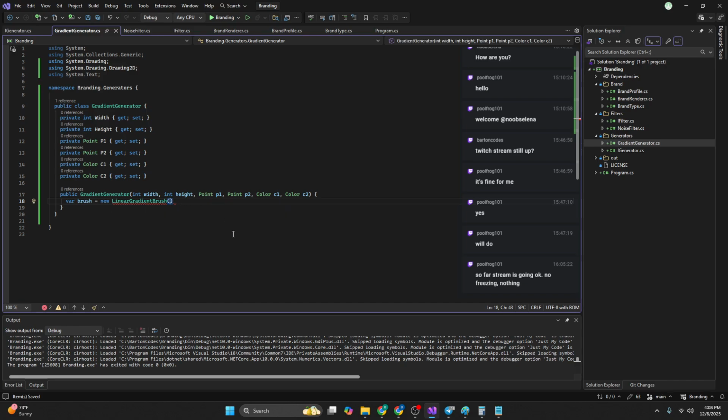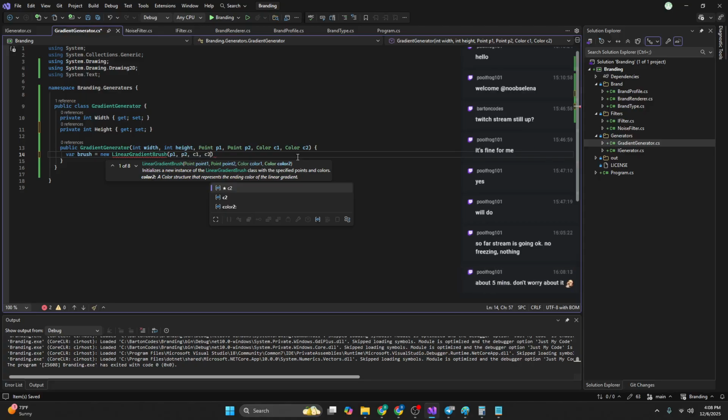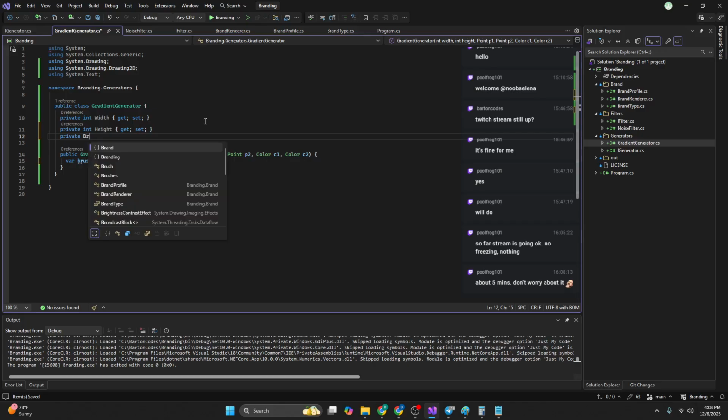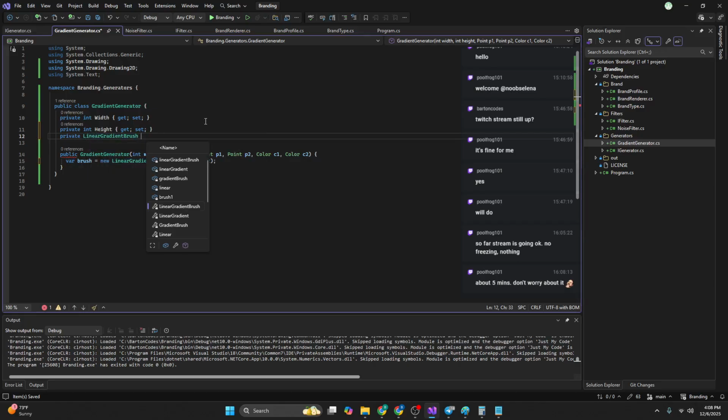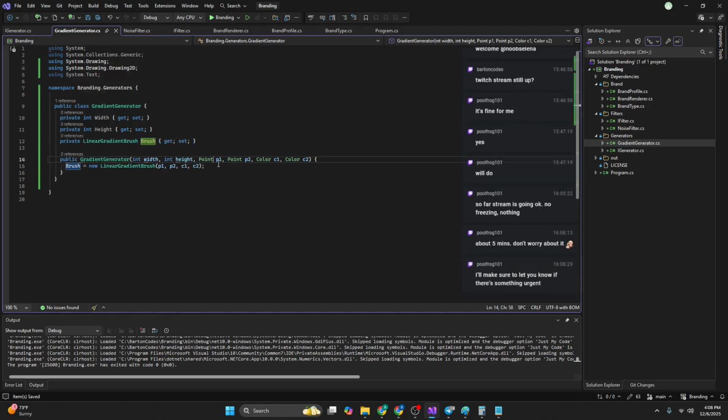Okay, so we're gonna create a gradient in here. You know what, if we create a brush from it in the constructor, we don't even need to remember those. Just bake them right in here. And then we save the brush. Just save the brush on the class. Alright, so then we're going to implement